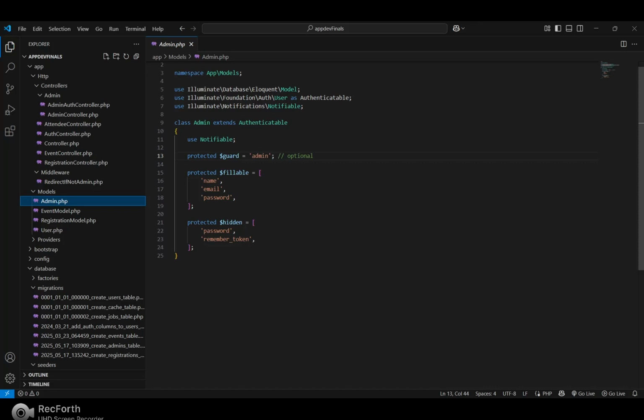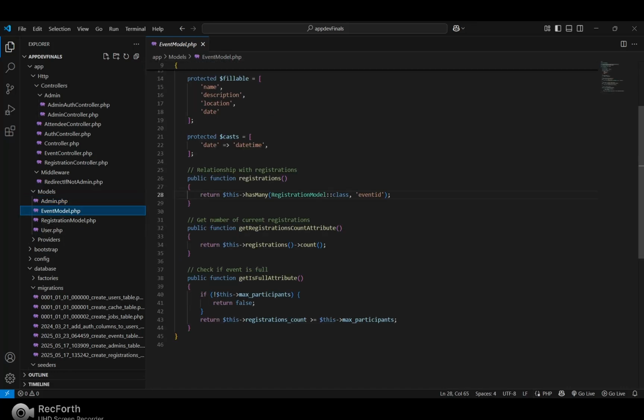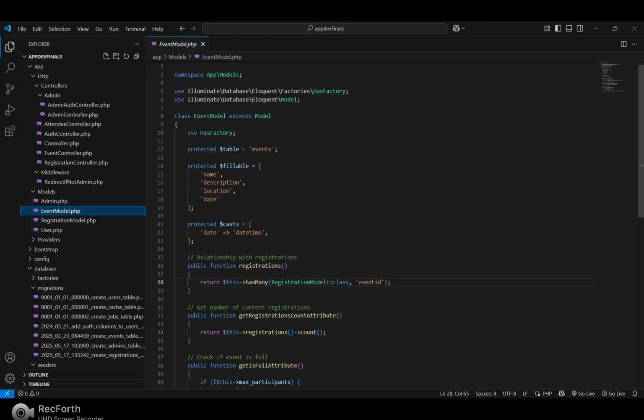The admin model shows the protected guard, which I've created and named admin, and protected fillable to fill out the name, email, and password for the admin. Next is the event model. It shows the protected table events to define the events table when I call it.